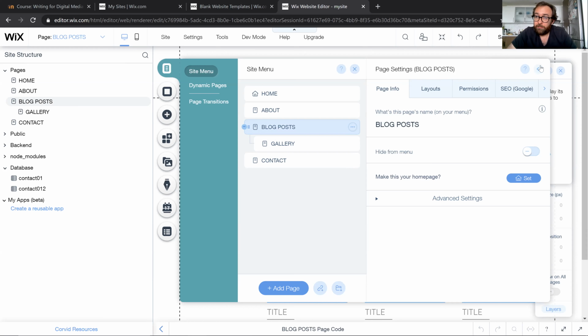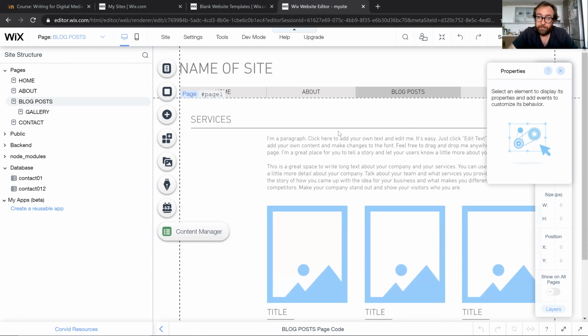And then Wix is nice enough that it will just rename everything for you back over here. So now instead of it saying services, it says blog post on it, right? What I expect from you guys, at least for the beginning, at least for blog post number 1, is to have a web page created and have it personalized to you, right? So I don't want to see in this blog post page things like this: I'm a paragraph, click here to add your own text, edit me, it's easy, just click edit text sort of thing. I want you to go in and make it fit to your